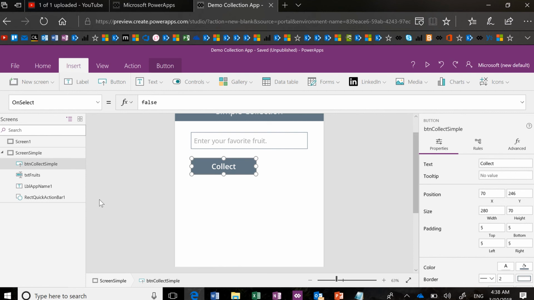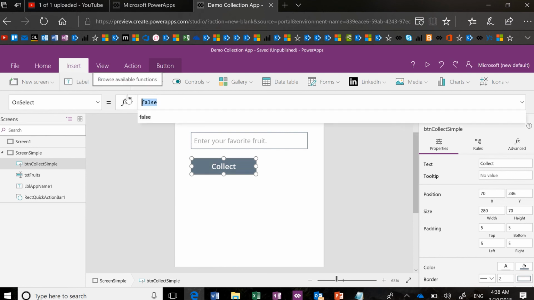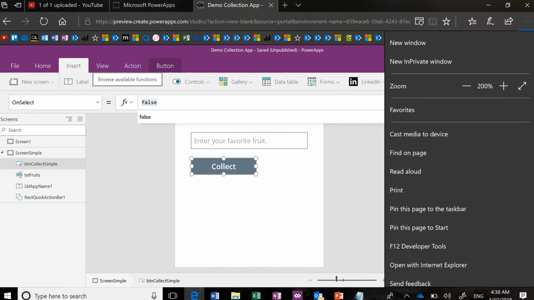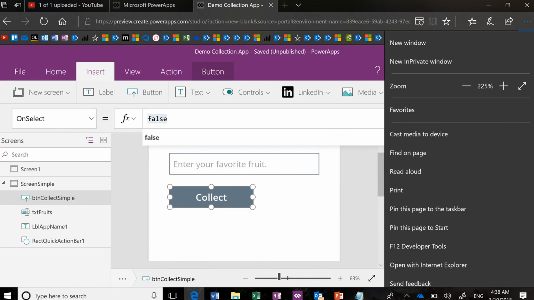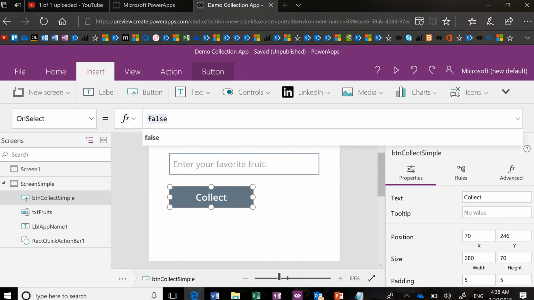All right. And now I have a button ready. Now let's tell the button what to do. Again, this is extremely straightforward. I'm making it bigger so you can see the formula bar better. I'm going to use the collect function,